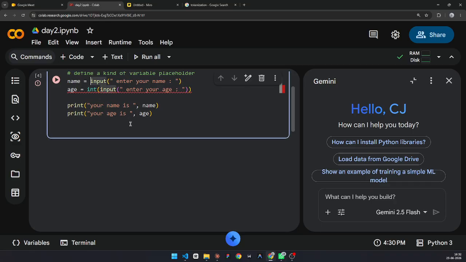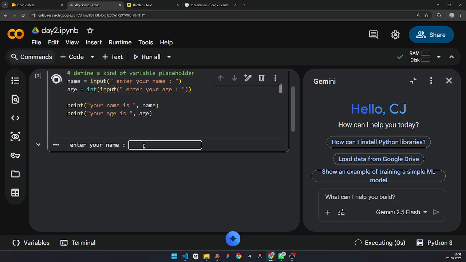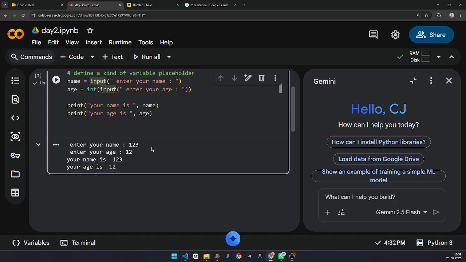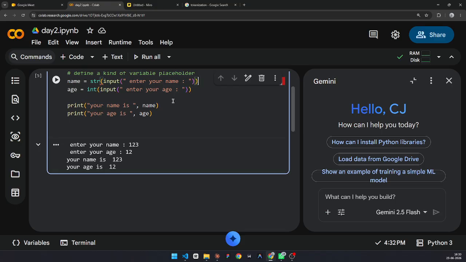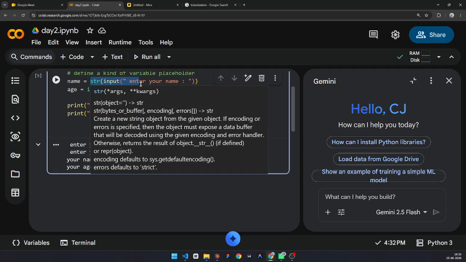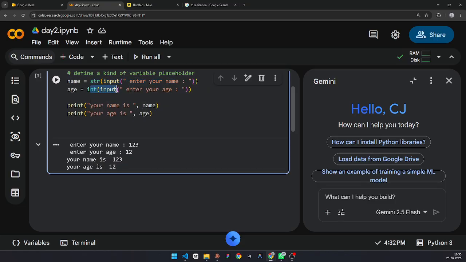Now there's another kind of issue that comes. Now let's try, for example, enter your name. If I want to fool somebody, I can write 1 2 3 or any integer, and then enter your age, for example 12. Then the program will consider my input as correct, but actually it's not correct because a name cannot be this at all. So I have to make another change, that is, I have to enclose it within a string function. So that's like this. Now that means your name should always be a string no matter what the case. If it's a number, then your program will go wrong. That's it.